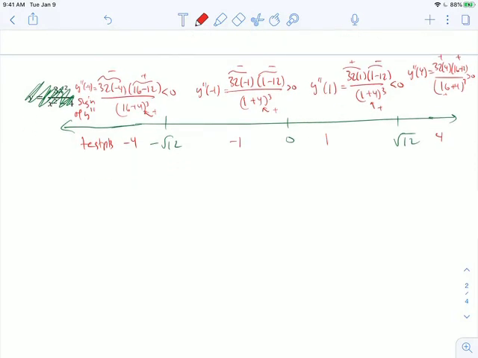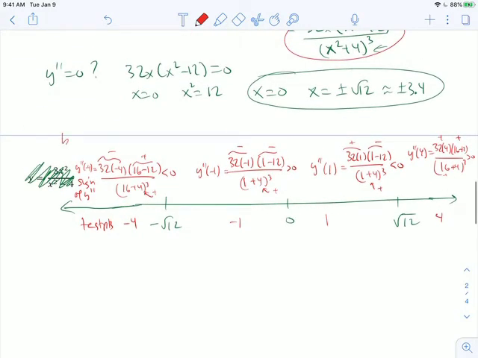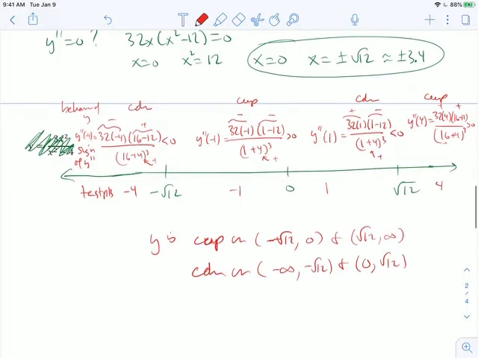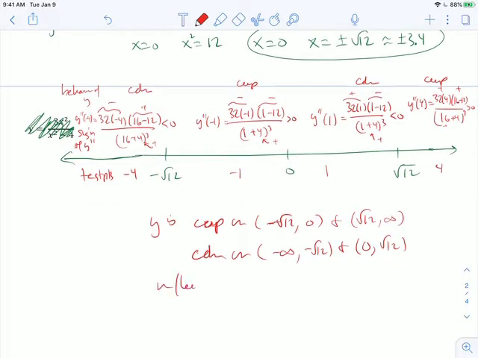So then I've got the behavior of y. I'm going from concave down to concave up to concave down to concave up. So y is concave up on negative root 12 to 0 and positive root 12 to infinity. It's concave down before negative root 12 and between 0 and root 12. And inflection points,